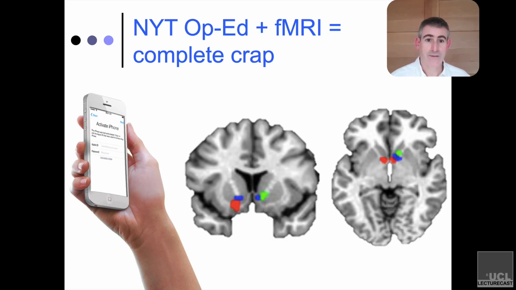Which I highly recommend you read. But the key here is that Russ is pointing out that this is a classic example of reverse inference. He's looking at activation in the insula and saying, well, what do we know about those areas? And then inferring cognitive state. How accurate is that? And the answer in this case is not at all.